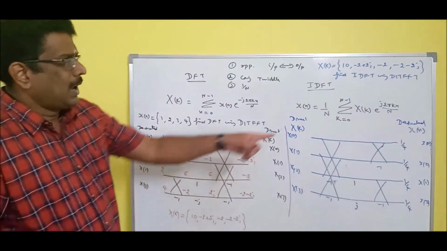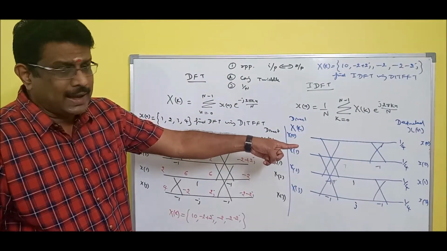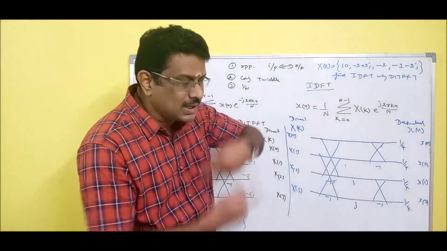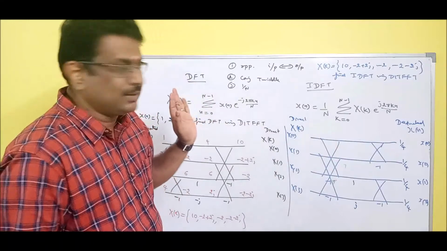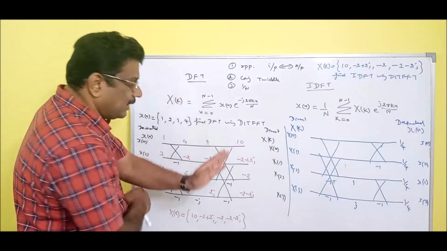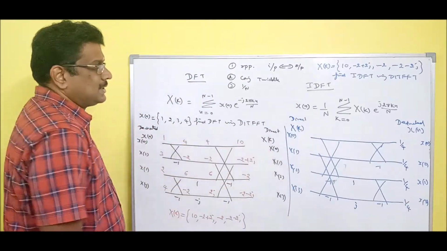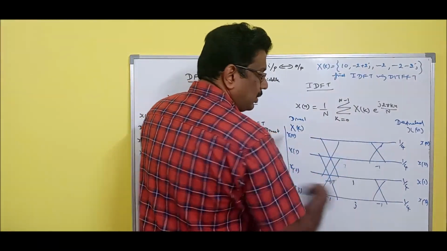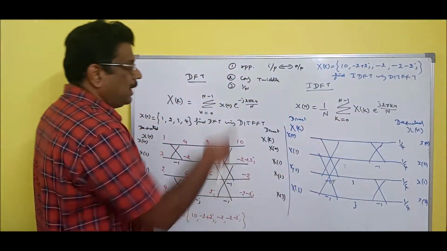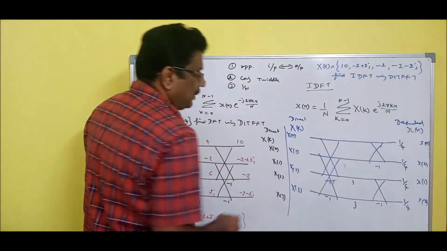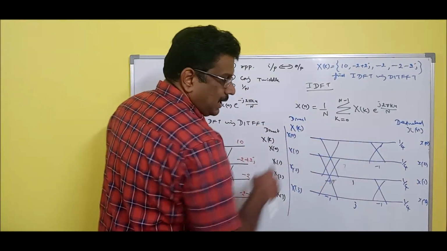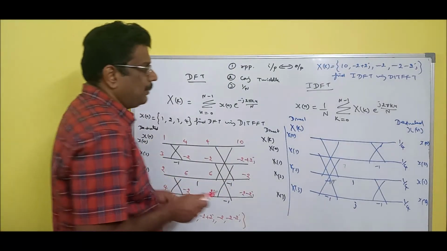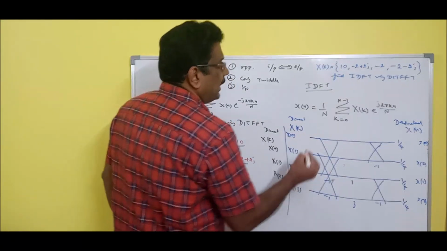Recap. IDFT, well and good. IDFT, carefully read: inverse, opposite. What is that I made? DIT, inverse. Next, opposite input and output. So here it is input, there it is output, that is reversed. Frequency to time. Conjugate the twiddle factor, minus j becomes plus j. 1 by N at the end, it is 1 by 4. Decimation as usual, decimation in the 2-point butterfly place. Now come on, direct idea.